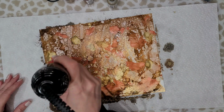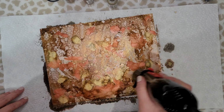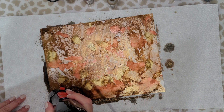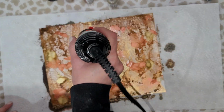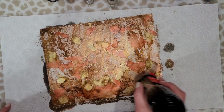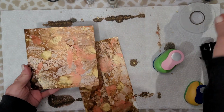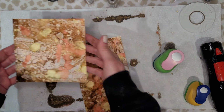You want to make sure that your paper is completely dry before you proceed to the next step. Nothing like watching paint dry, huh? All right, so now my paper is dry, and I've cut down one piece of the paper to